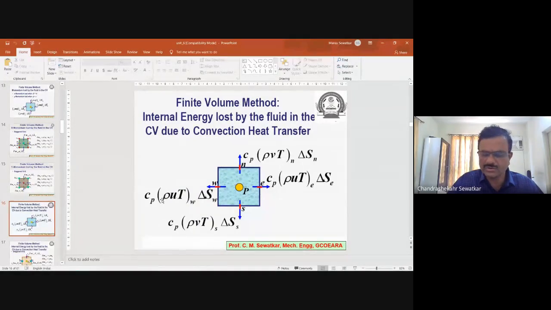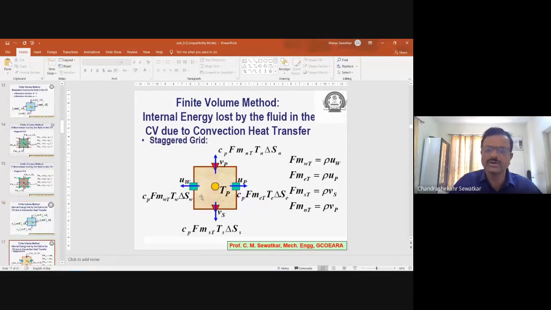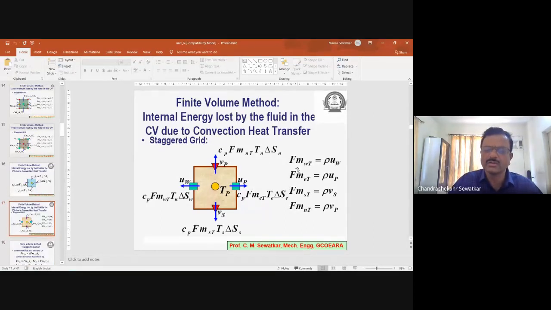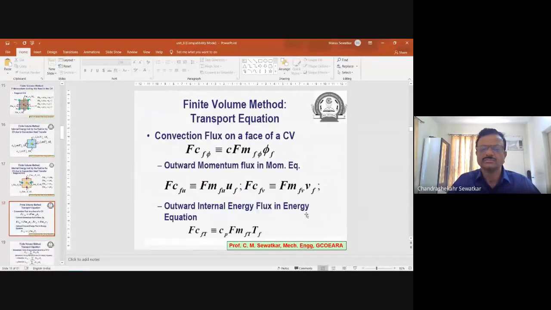We also talked about convection heat transfer. That was the convection loss of x and y momentum because of convection, but then heat is also lost. So we tried to develop the equation for heat loss also in terms of the information from the staggered grid. Again, we calculate the mass fluxes. To the mass flux, we multiply the convected variable, that is TE, then the area, and that gives me the total convection occurring across each of the phases, which can be added together to obtain the equation.